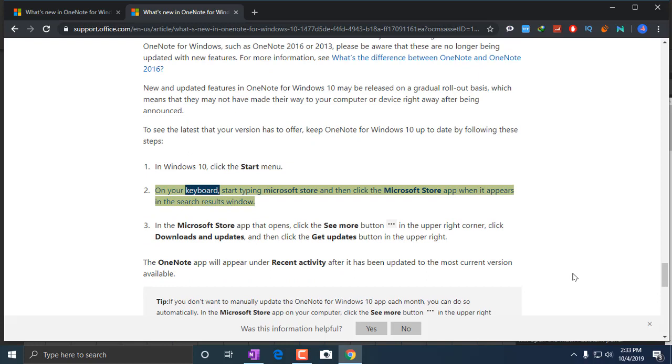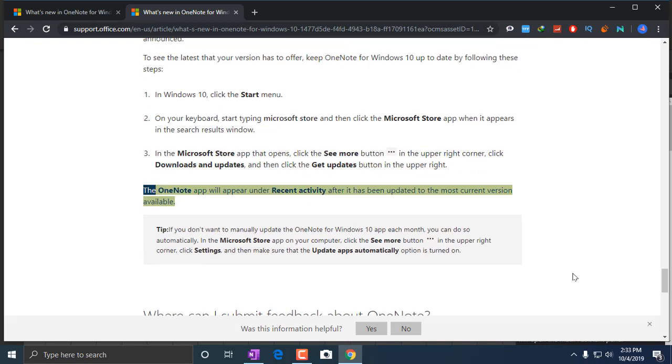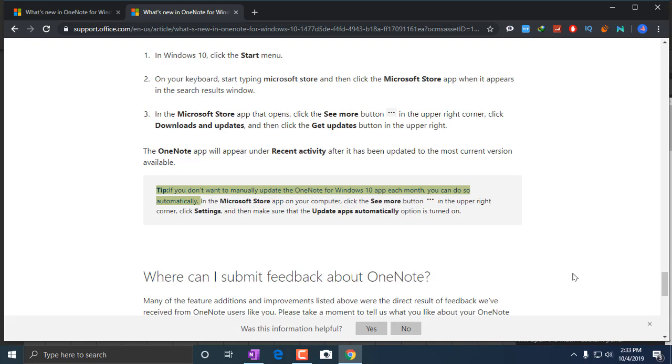On your keyboard, start typing Microsoft Store and then click the Microsoft Store app when it appears in the search results window. In the Microsoft Store app that opens, click the See More button in the upper right corner, click Downloads and Updates, and then click the Get Updates button in the upper right. The OneNote app will appear under Recent Activity after it has been updated to the most current version available. Tip: if you don't want to manually update the OneNote for Windows 10 app each month,